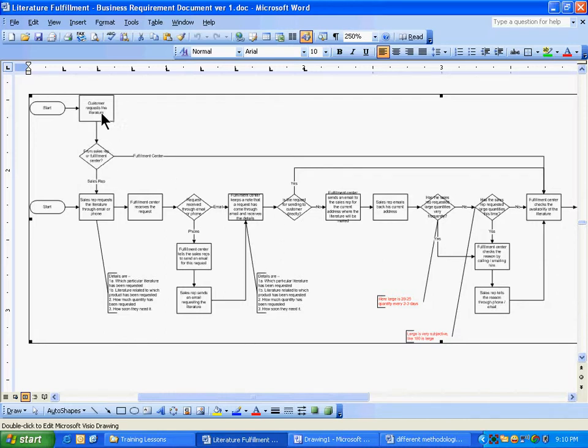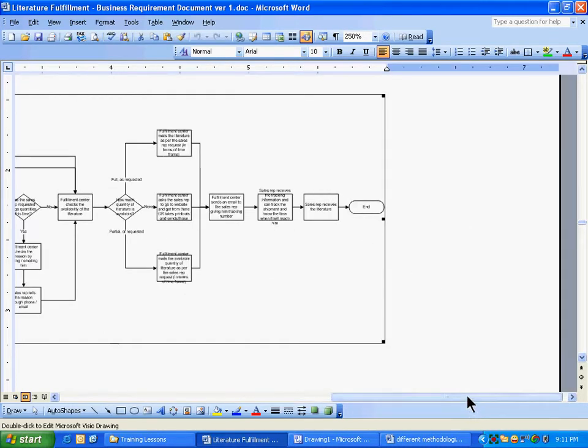This is a process box. This is a process box. This is a decision box. You must have made flowcharts; this is pretty much similar to that. Whenever there is a decision box, yes or no, depending on this, the control will go to a different box, a different process. These are all the sub-process steps. This is a start box, and this is the end box.